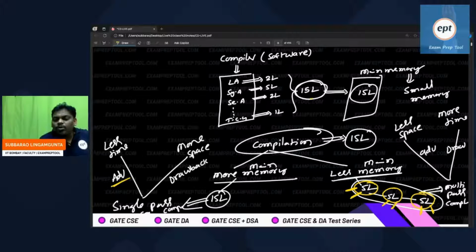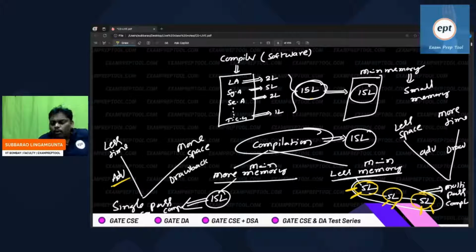Now, can anyone help? How many people will give? Listen, your system, your computer is on. What is the meaning? As soon as your computer is on, one person will be there in the main memory. Who is he? Who is that? Operating system. Operating system is the one who will always run.